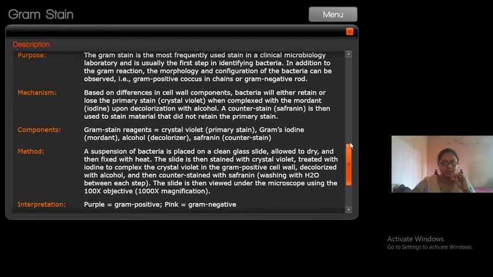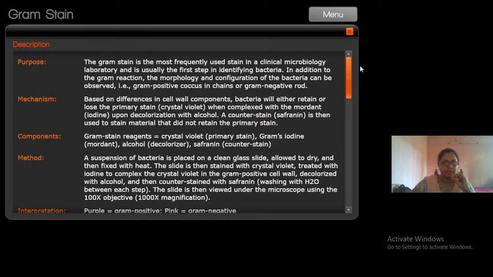So this is a little literature about what gram staining is, what the principle is, what the requirements are to conduct gram staining, how you do gram staining and how to interpret it. Before I start, I want to tell you that gram staining is a differential staining. Differential staining means it differentiates bacteria into two groups, gram positive and gram negative. Now, how it differentiates, we will learn in the principle.